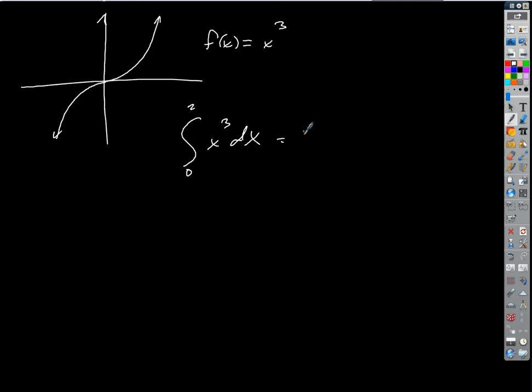x cubed, or x to the fourth. x to the 4th over 4, right? So we're playing Jeopardy with this, remember? x to the 4th over 4 evaluated from 0 to 2, which is just going to be 2 to the 4th over 4 minus, what's this going to be at 0? 0, right? So that's just going to give us, what's that going to be, 16 over 4? Okay, so this area up here,